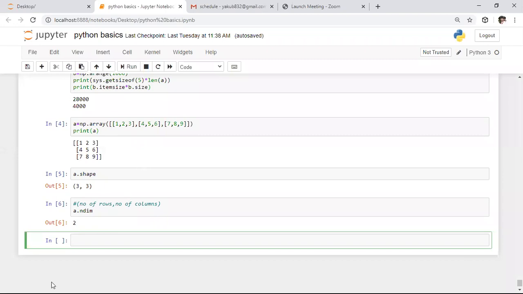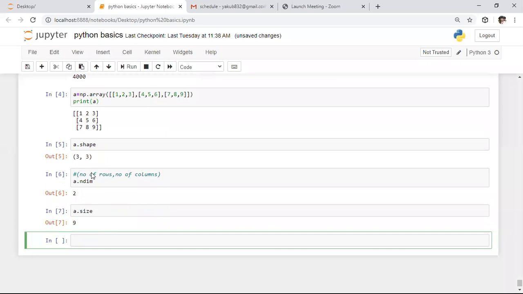After this, we have the size attribute. As we already saw while explaining the difference between list and numpy array, size is the attribute used to know the number of elements present in an array. Whenever you apply the size attribute on it, it will return 9. If you observe the number of elements present in it, we have only 9 elements. That's why the size attribute returns the number of values present in it.